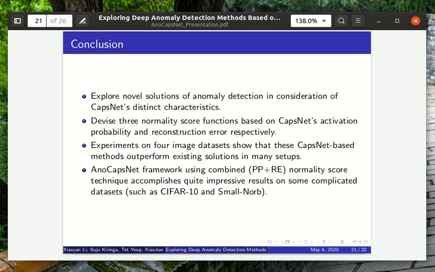Experiments on 4 image datasets show that these CapsNet-based methods outperform existing solutions in many setups. The CapsNet-based framework using the combined anomaly score function PP+RE can achieve quite impressive results on some complicated datasets such as